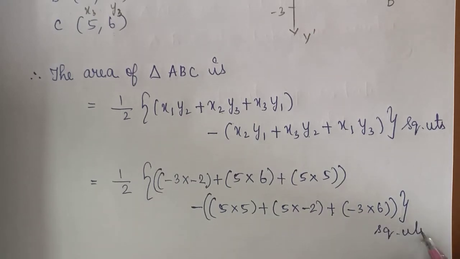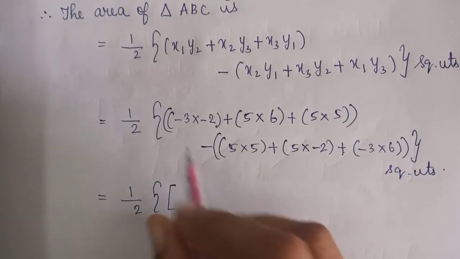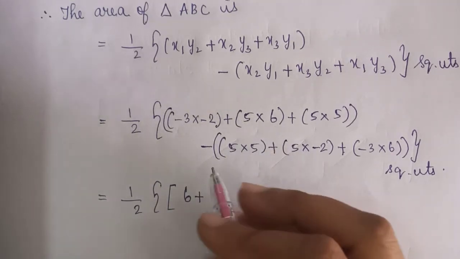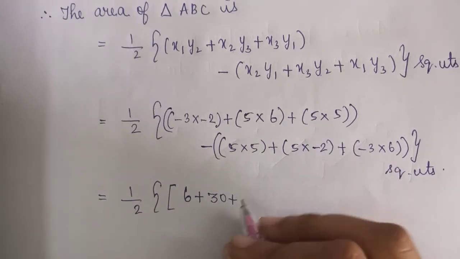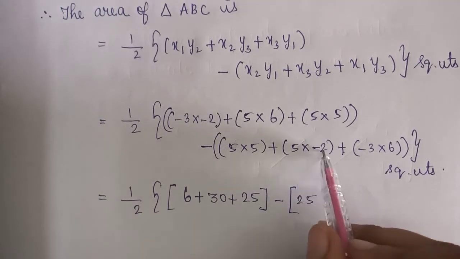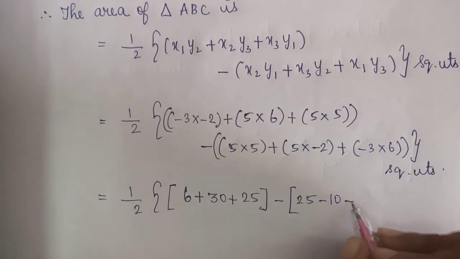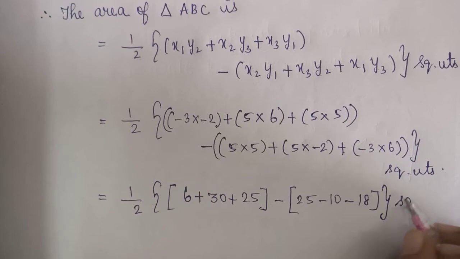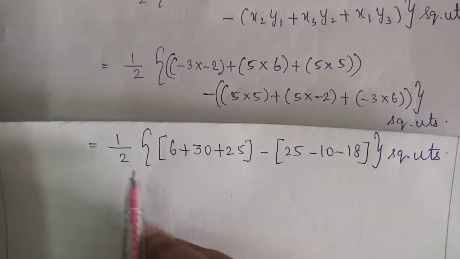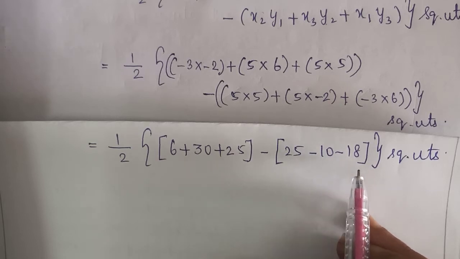Square units, which is equal to 1 by 2 into 3 2s are 6, minus into minus plus, so 6 plus 6 5s are 30 plus 5 5s are 25 minus 5 5s are 25. 5 into minus 2 is minus 10. Then minus 3 into 6 is minus 18 square units, which is equal to 1 by 2 into 6 plus 30 plus 25 minus 25 minus 10 minus 18 square